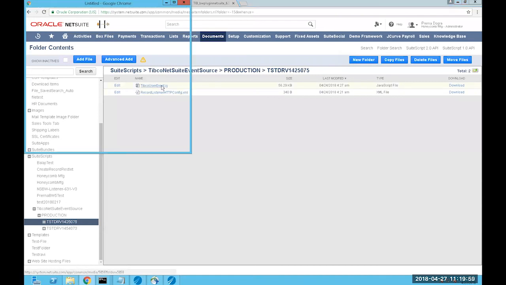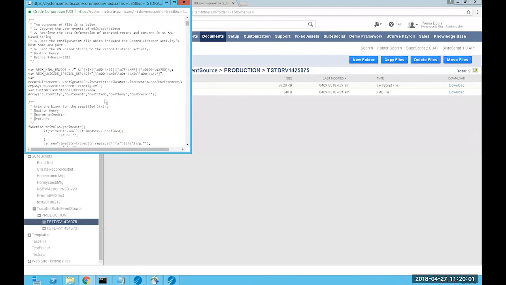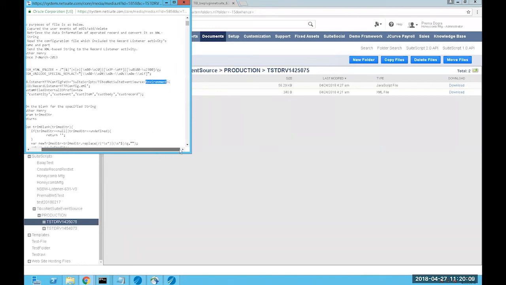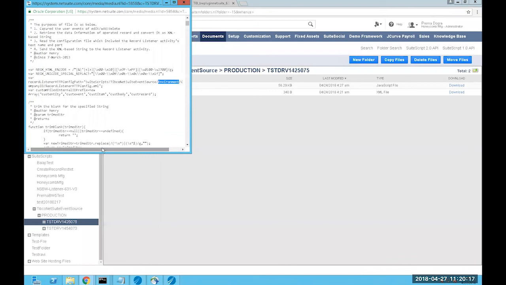So a few tricks: if you do not want to create the folder called TIBCO NetSuite event source, and if we do not want to have an environment variable, so this environment is actually the environment of NetSuite, so it's not the literal string environment. And similarly, the company ID is not the literal string company ID, it is the account information that your login email has. So you can choose to remove this folder structure